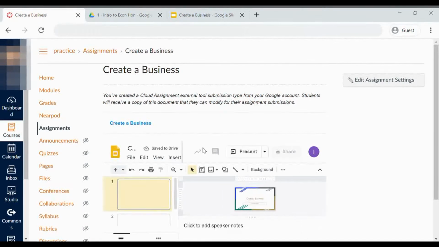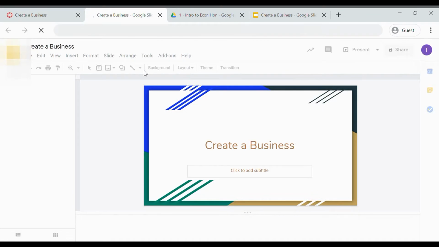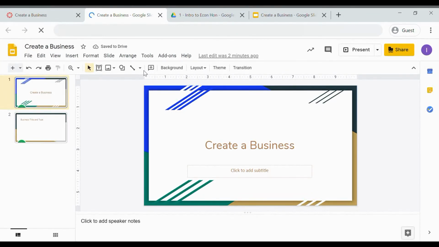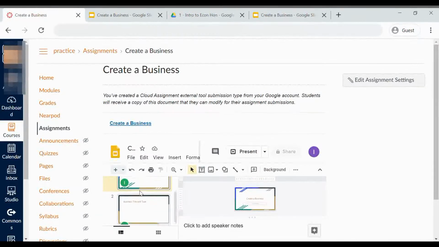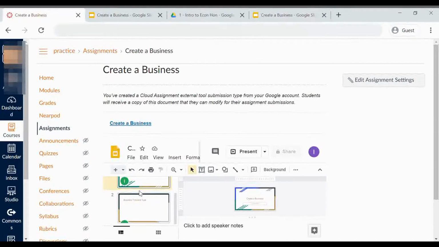So now I can see that my assignment has been embedded within Canvas and my students can access it. If they want, all they have to do is click on the title and it will automatically open it in a new tab. They can also still work within Canvas. And that's how you can add a Google assignment straight into your Canvas. Another way